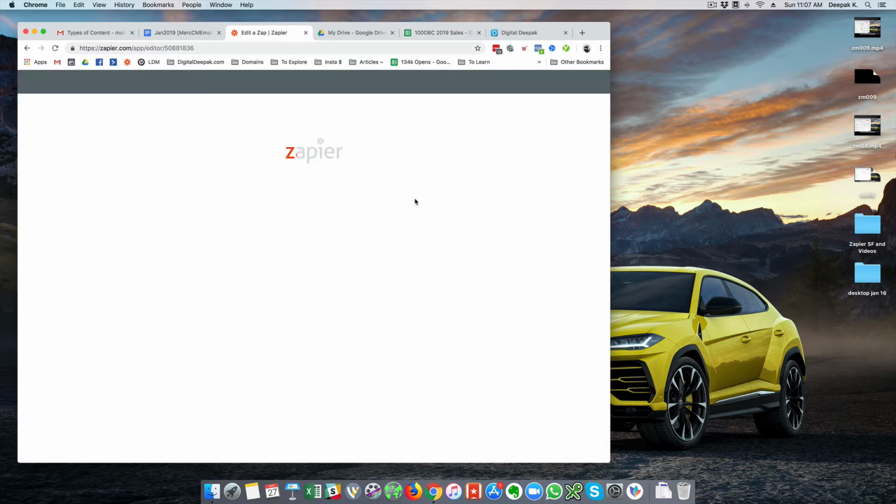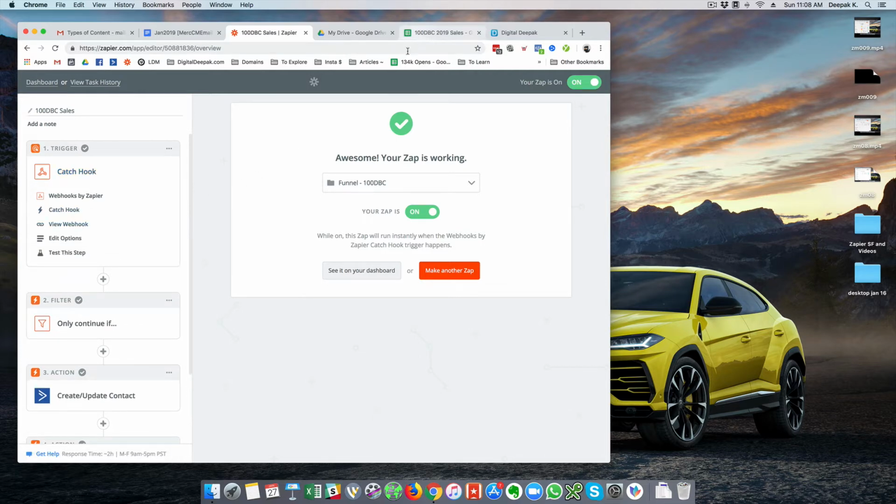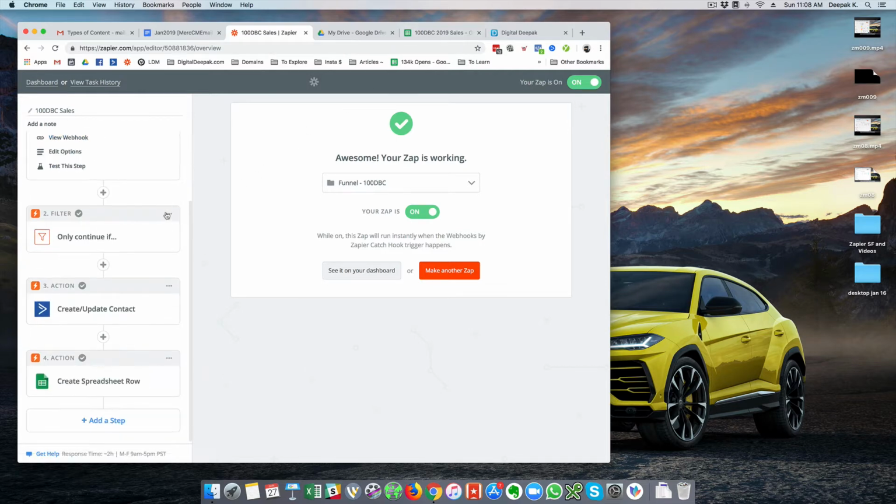But what if you want two different filters? For example, I want a filter if there is a status of credit, but I want another filter for status has failed, and I cannot do it in this Zap because there is only one catch hook, and this catch hook we have put inside InstaMojo. So that is where paths come in, and to explain how paths work, I am going to go ahead and delete these two zaps which we have created.